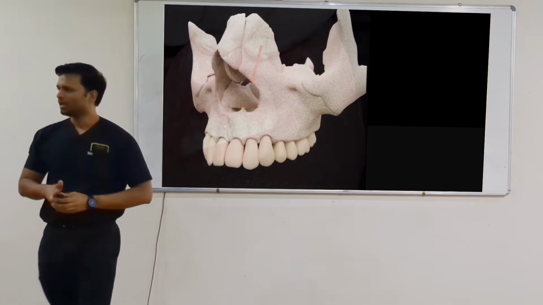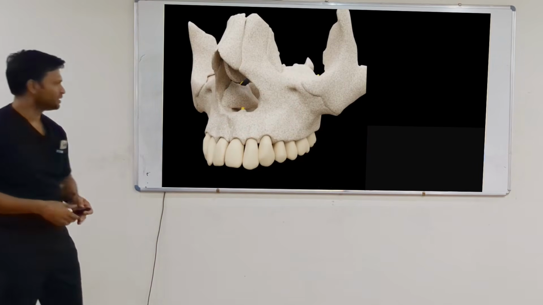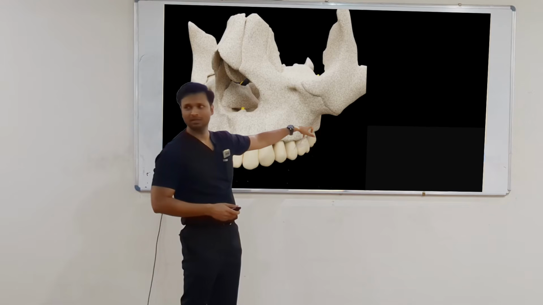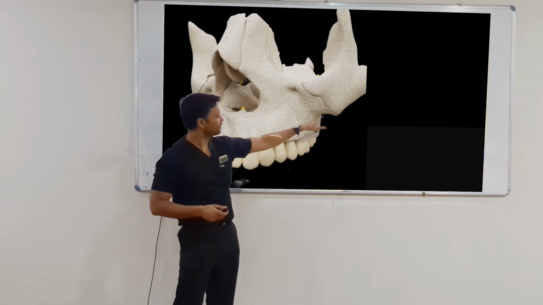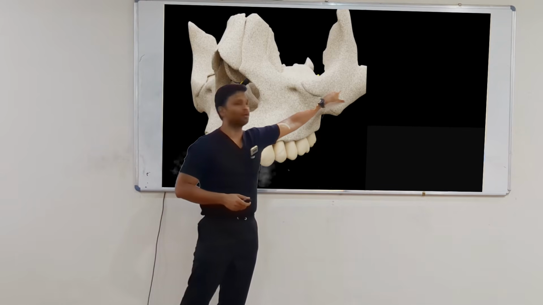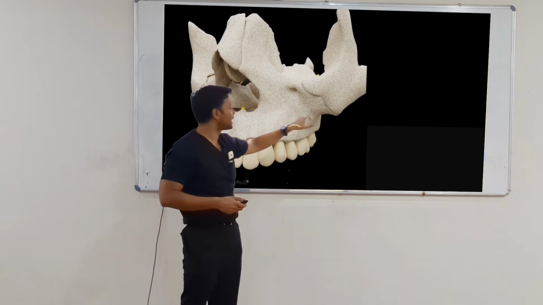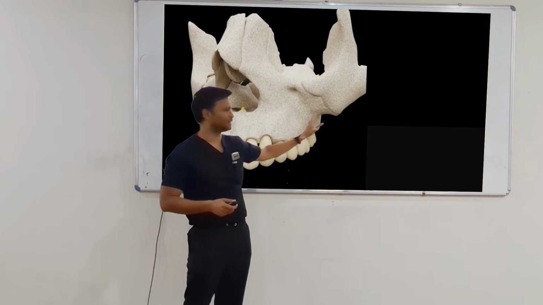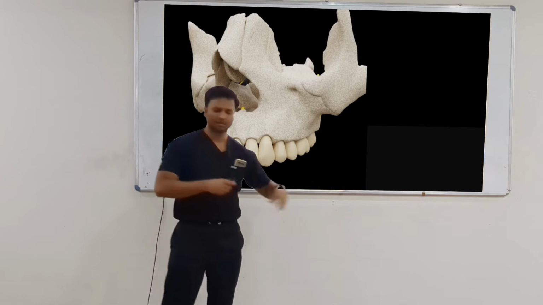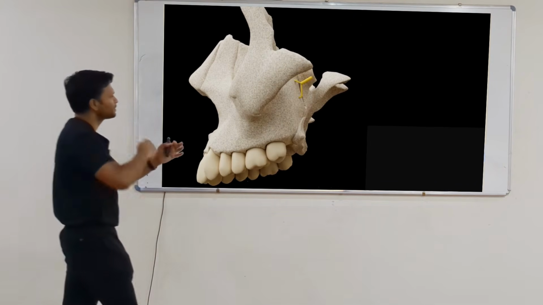Okay? What is this? Maxilla. ठीक है? This is the maxilla. What is this? ये. This is the zygomatic process of the maxilla, and this is the zygomatic bone. Okay? So there's a suture between the zygomatic bone and the zygomatic process of the maxilla. This is a process, extension coming out of the maxilla. So this is the zygomatic process of the maxilla. Okay? So let's go back.